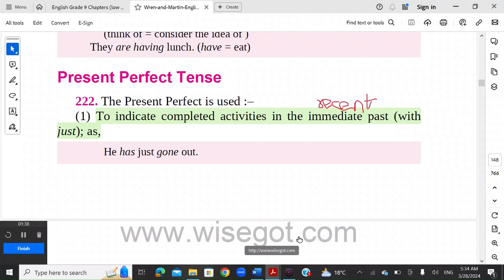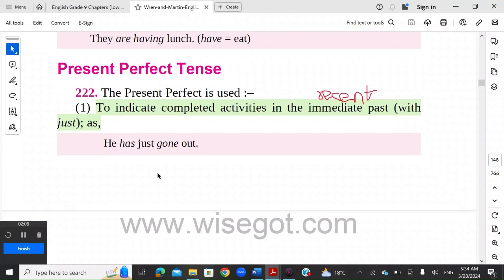In present perfect tense, you can see I have highlighted it here. The present perfect tense is used to indicate completed activities in the immediate past. What do you understand from the immediate past? The recent past that has a certain impact on the present. As you can see here, he has just gone out. So what is the impact? He is not here at the moment. Now move towards